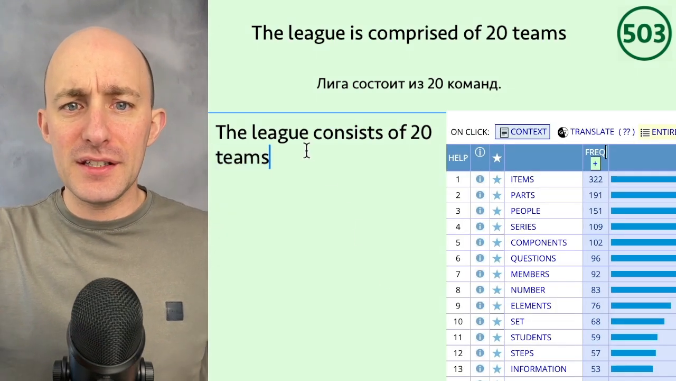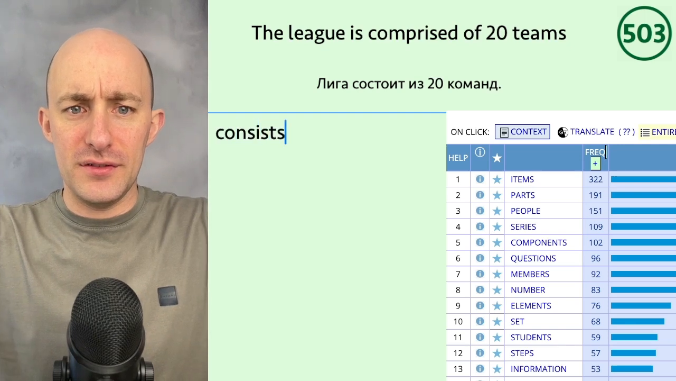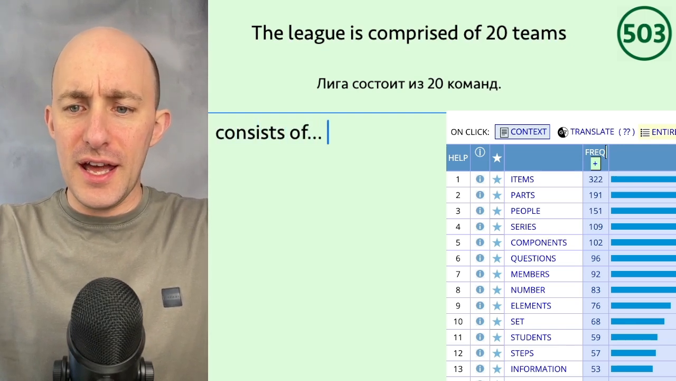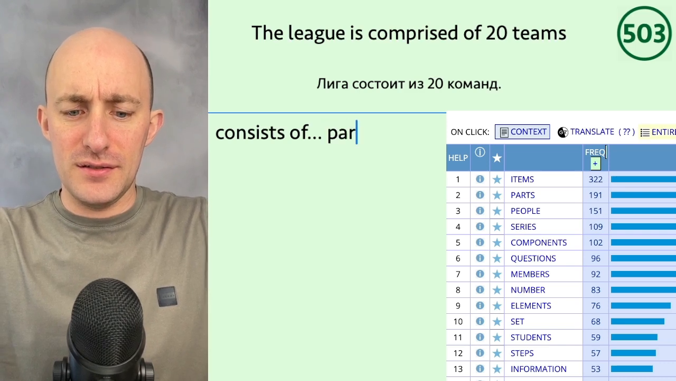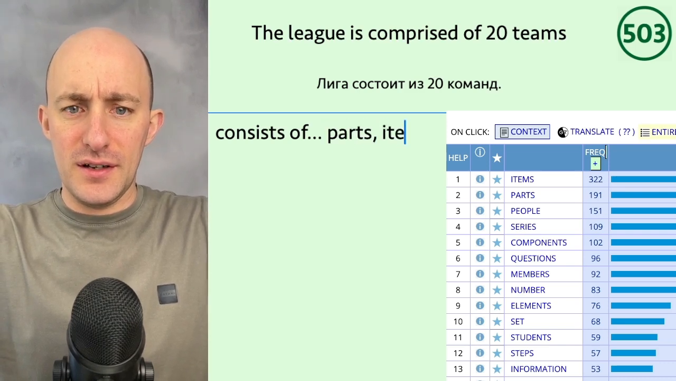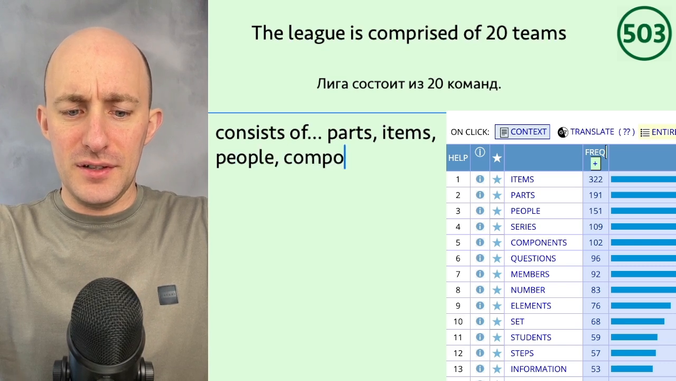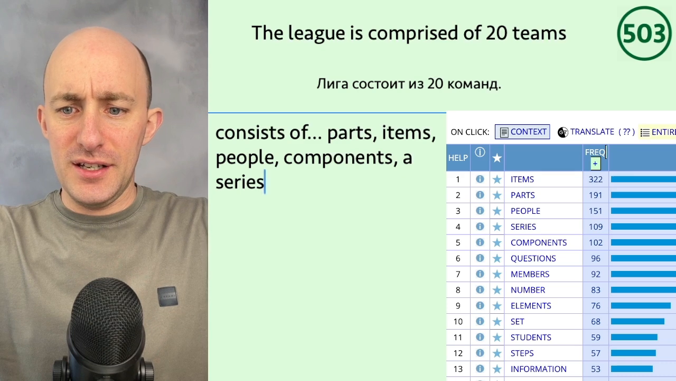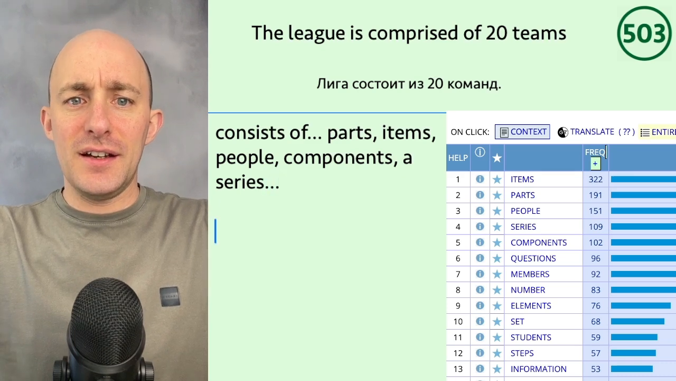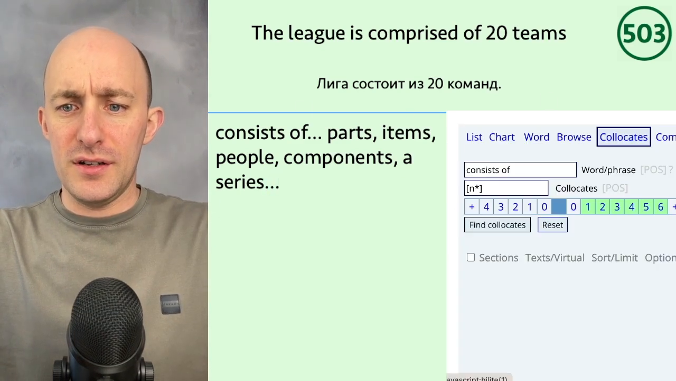So here, with consists of, we often get parts, items, people, components, a series. Now let's try comprised of